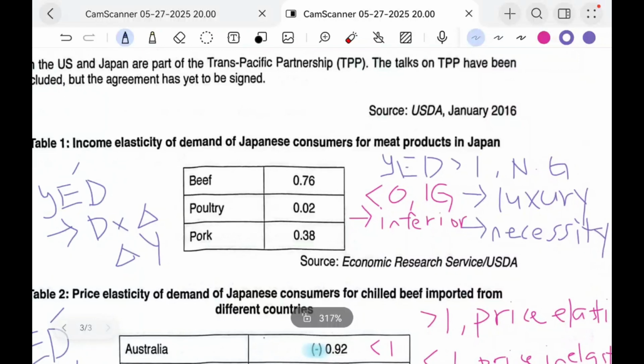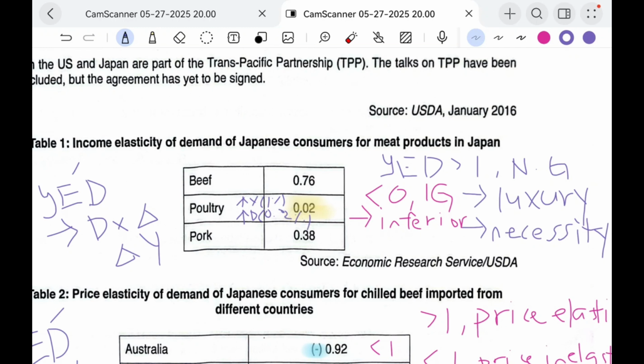So we see that for poultry it has the lowest YED, which means that actually when your income increased by 1%, the demand for the poultry only increased 0.02%, which is pretty small,